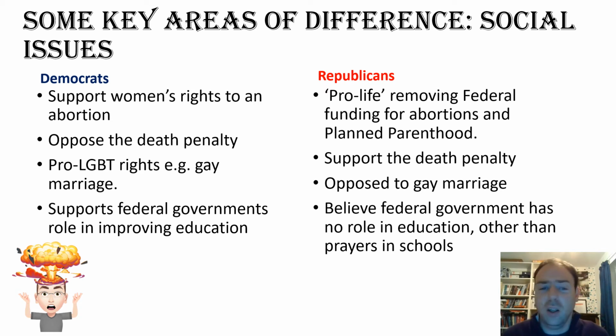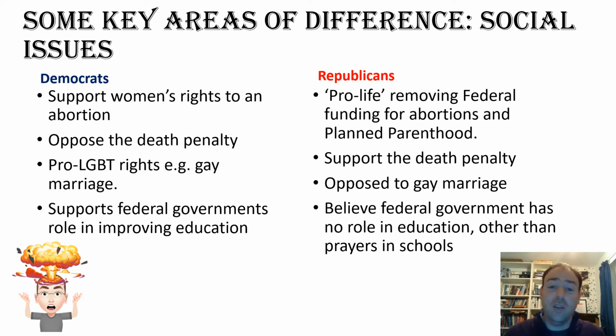The Democrats are seen as the party that are pro-LGBTQ plus rights, for example, championing gay marriage. Whilst there are many in the Republican Party who oppose gay marriage and the expansion of these rights and focus on family values and marriage and family being central to the pillars of American life. Again, I'm not sure if Trump is particularly typical of all Republicans in terms of his views on this, where he tends to maybe be a little bit more liberal on this issue than an awful lot of the evangelical Christian right in America.